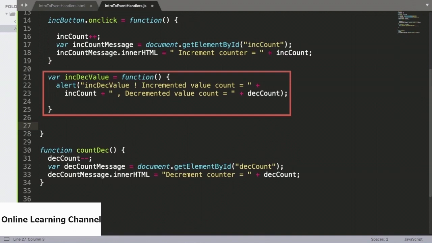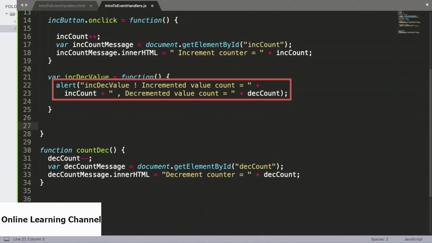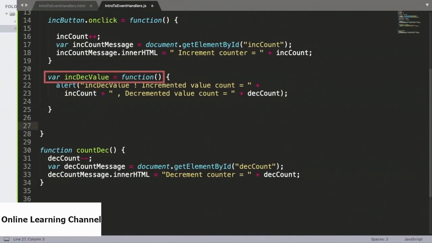And you'll observe that the code itself is rather simple. It simply pops up an alert message where it prints out the value of both the incCount and the decCount variables. So now that we have an event handler function, note how exactly we link this handler to the event